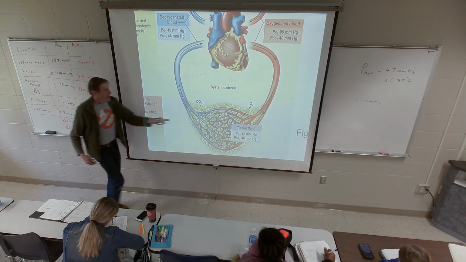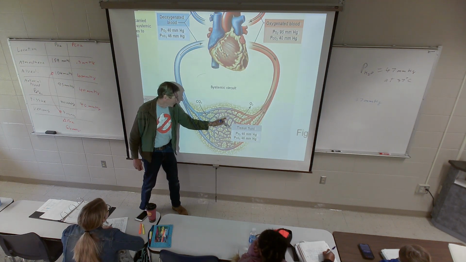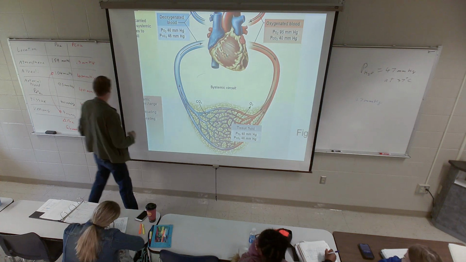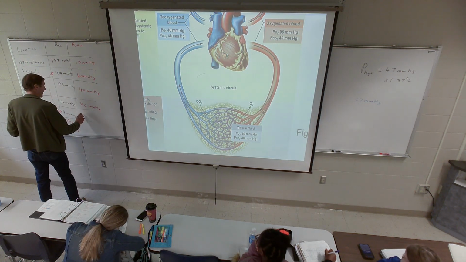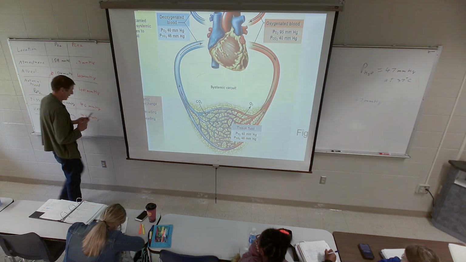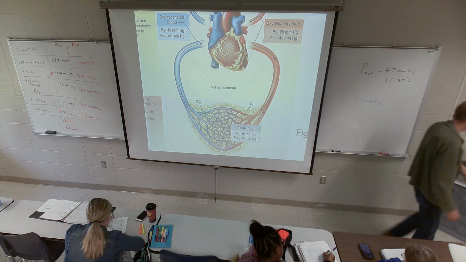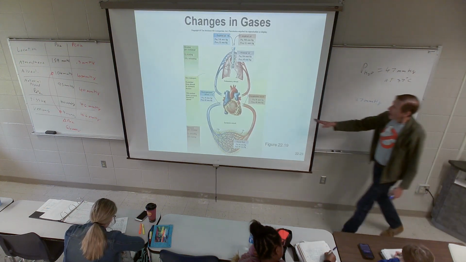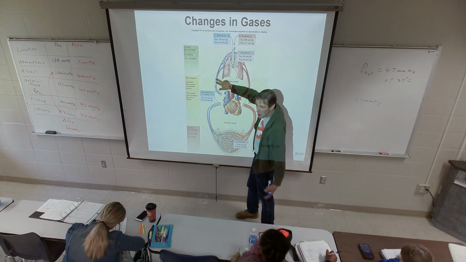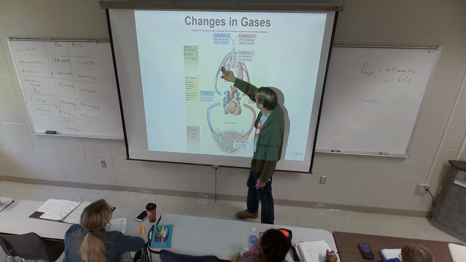And of course, as the blood flows through it, we'll reach equilibrium in these systemic capillaries. So as the blood leaves the tissues, if you look at its PCO2, it's also 46 millimeters of mercury in the veins. And that blood is going to make its way back to the lungs. So the carbon dioxide concentration in this used systemic blood, we'll call it venous blood, is 46 millimeters of mercury.